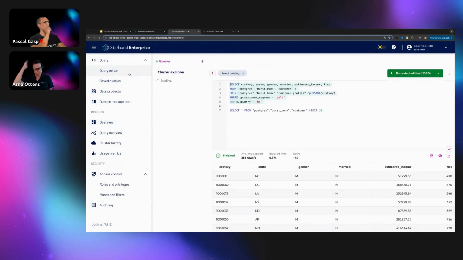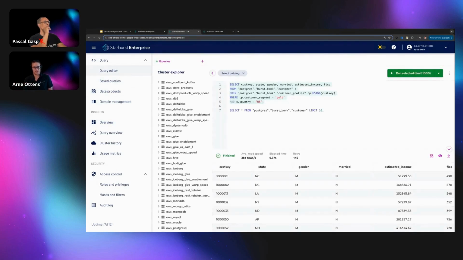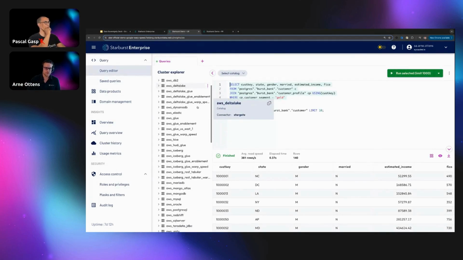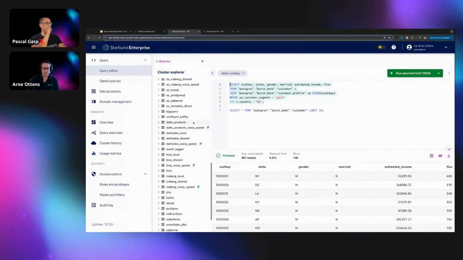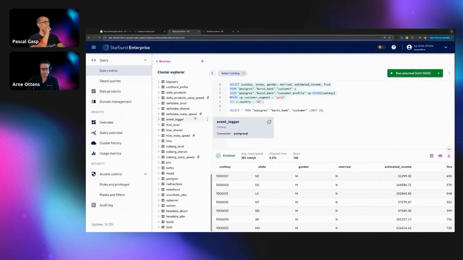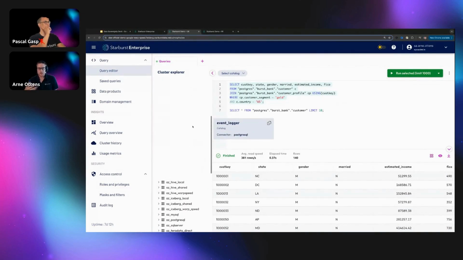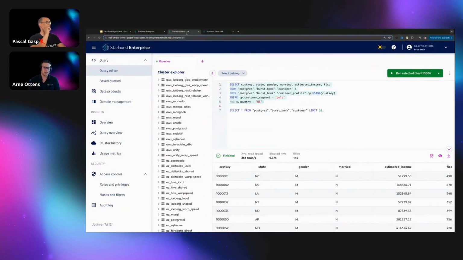Let me first go into this query editor, where we already see that we have lots of different data sources. And in these data sources, we have plenty of tables, plenty of data sets. But these are local to, in this case, my UK region. I do not want to expose all these different data sets to the headquarters, for example, and I would be violating different kinds of regulations there as well.